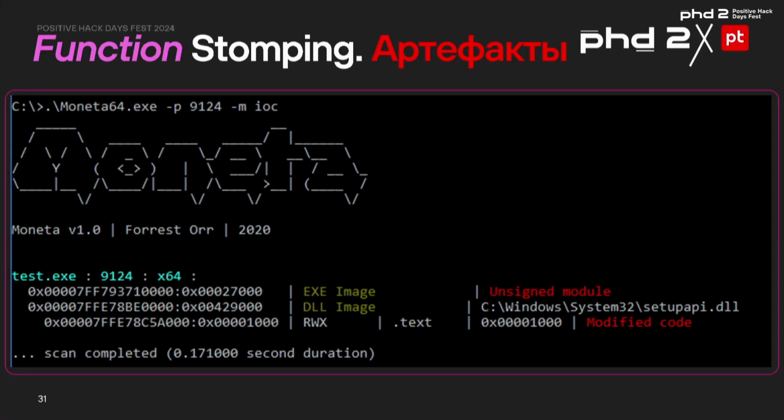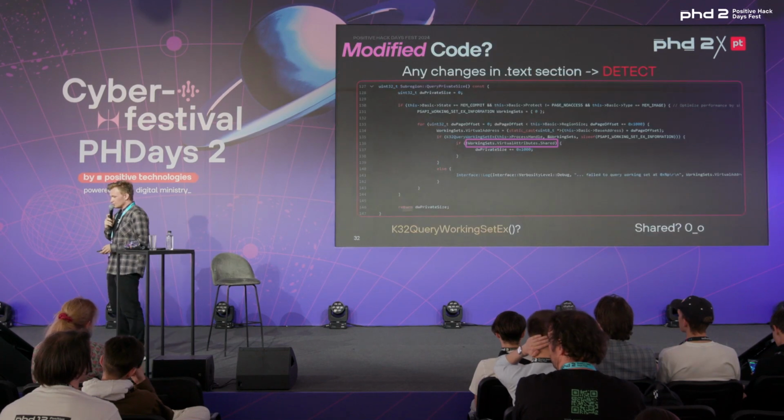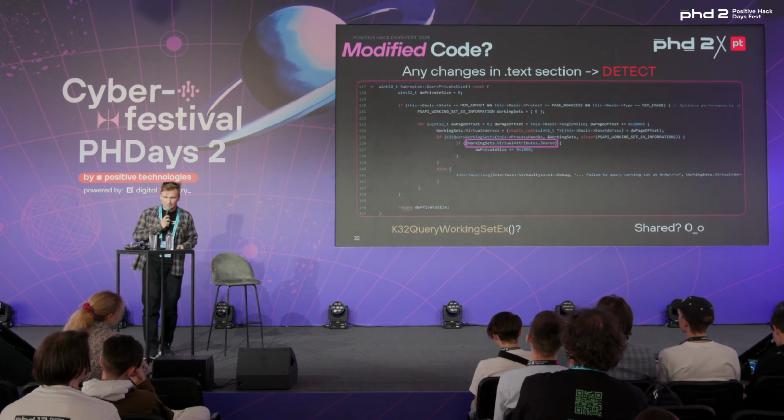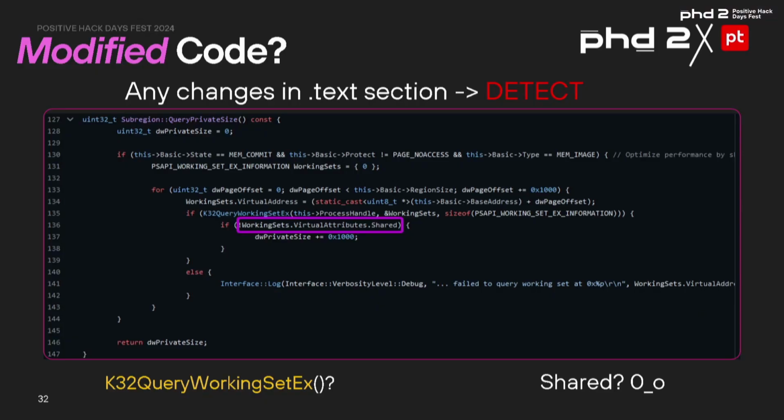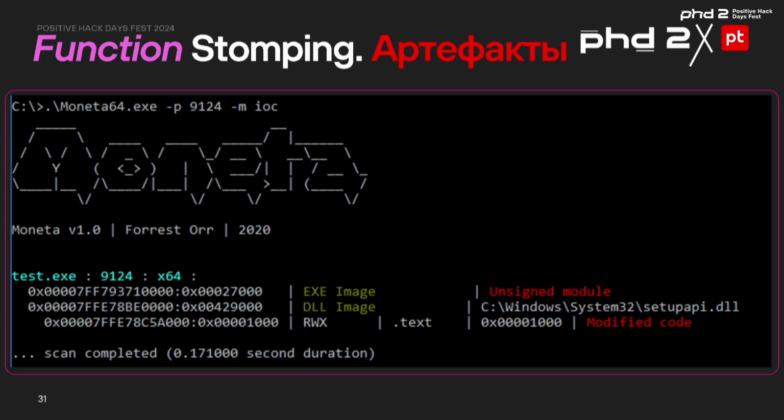Modified code. So Moneta can understand that we have changed the code of a library. So we just dumped the function. This is quite interesting. I started researching this. How come this detect is there? I go to the Moneta code and I find an interesting attribute called shared. Okay, it's not related to a map and we don't have the region. Okay, let's continue. So all the changes in the text